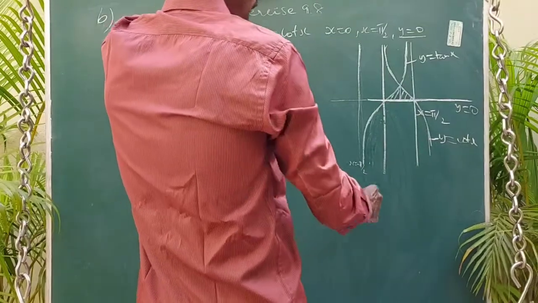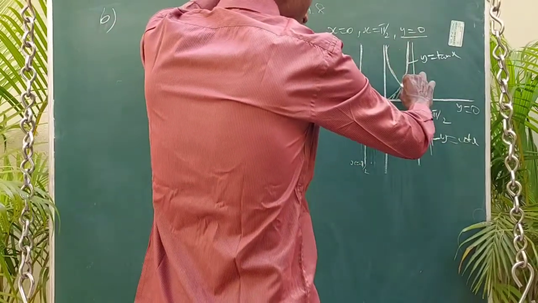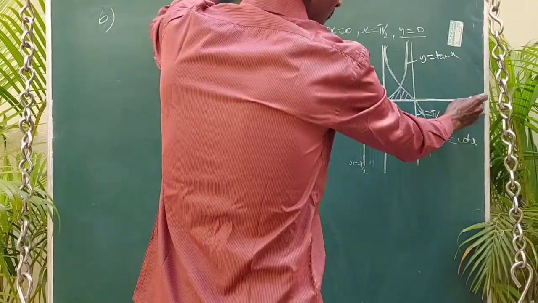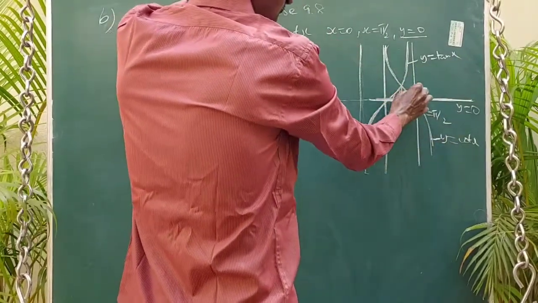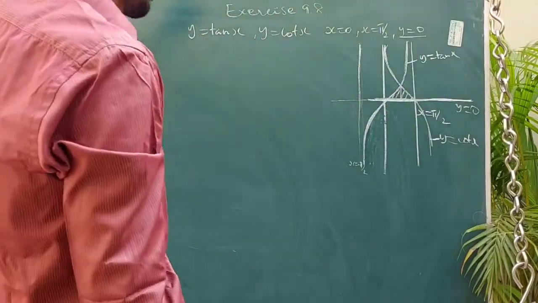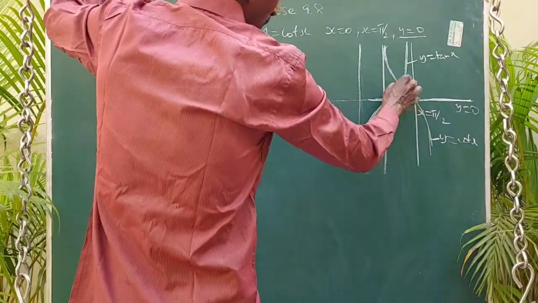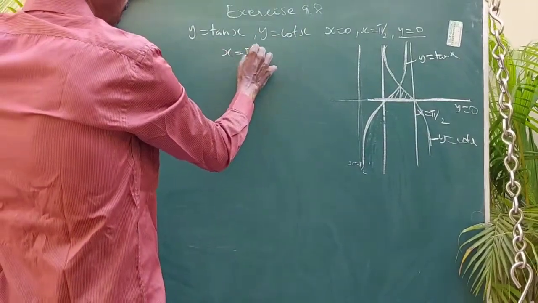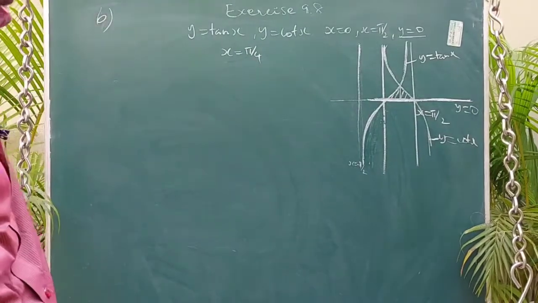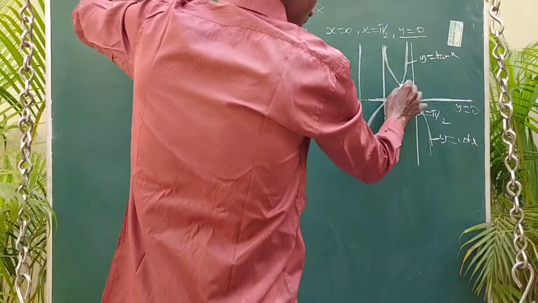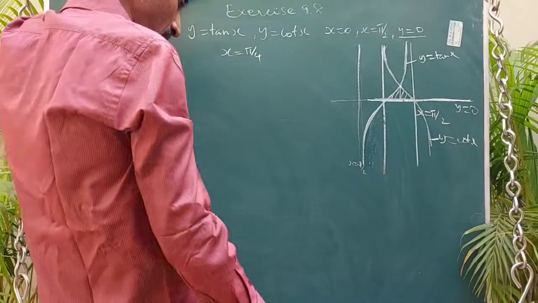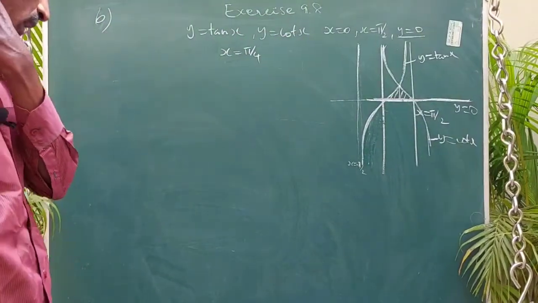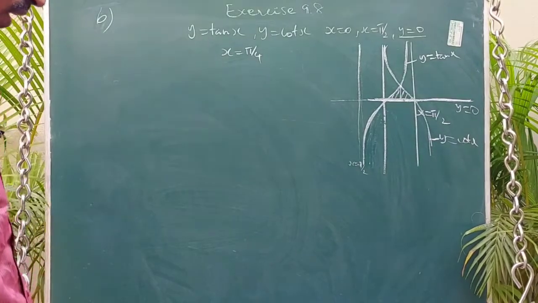So our aim is to find out the area of the region between these two curves, y equal to tan x, y equal to cot x, and y equal to 0 means the x axis, this region. Okay, as in the previous one, this is the meeting point in the first quadrant. For what value are tan x and cot x equal? Obviously 45 degree, so x equal to pi by 4. So this is the region, and we have to integrate from 0 to pi by 4.